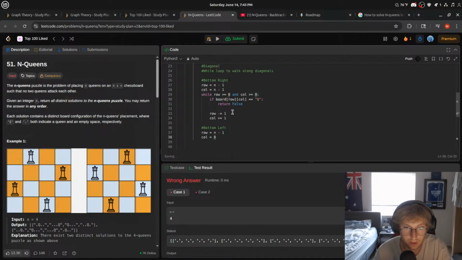Now the bottom left, we're starting at row n-1, and our col is 0, right? I think that should work. Then we go, well, while row is greater than or equal to 0,